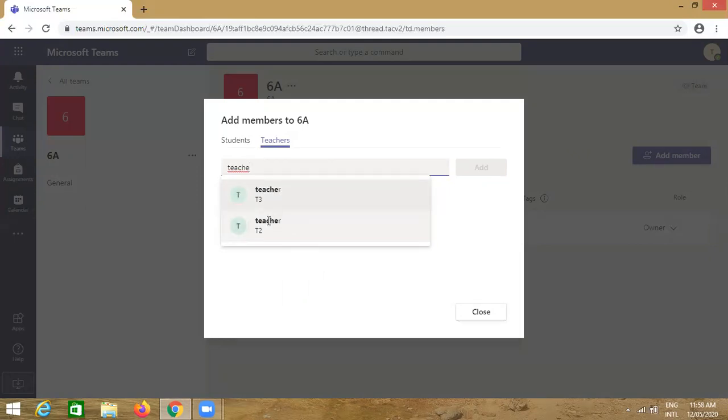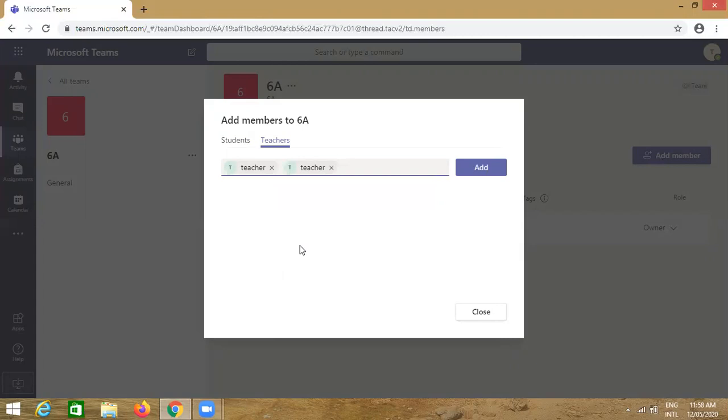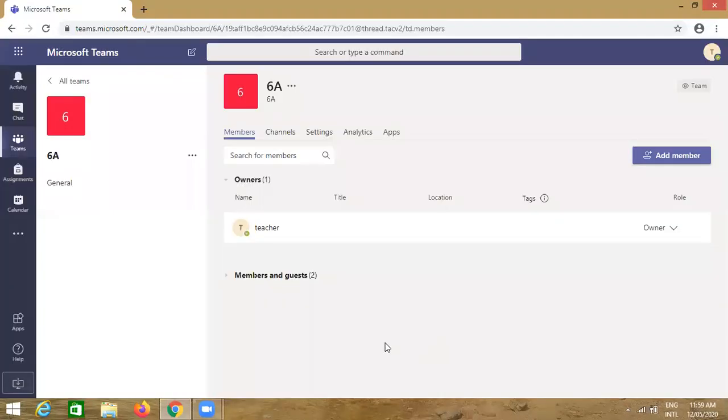There are 3 teachers in our scenario. All of these are teaching in 6A, so we will add teacher 2 here, then teacher 3 here. So add. When you have done, click on the close button.